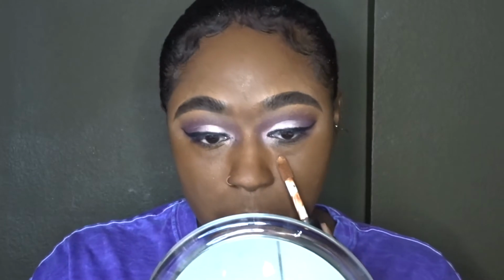All that. Since we're just doing a basic everyday glam, I'm just gonna go in with a concealer that's not too light. There's maybe a shade or 2, or a shade and a half, lighter than me. So I'm going in with the e.l.f. 16 Hour Camo Concealer in the color Rich Chocolate. And then we're gonna get